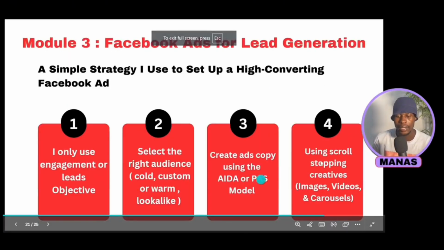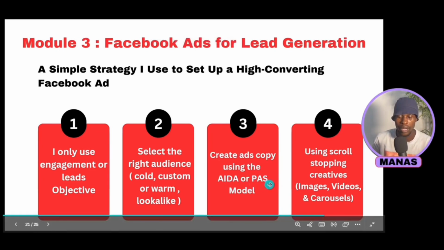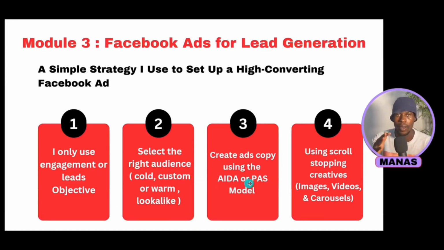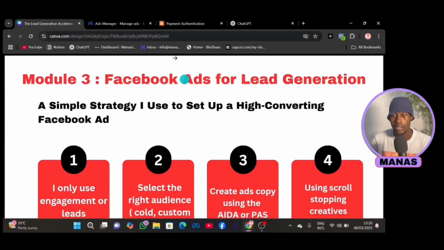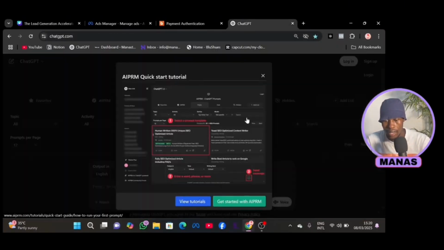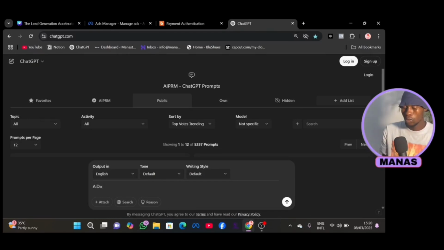If you come back here, I said I'll show you how to create an ads copy using the AIDA or PAS model. So let's use AIDA. Use any of these models. I'll just show you how to use it, so you can use any of them when you want to create an ads copy in ChatGPT. So AIDA. You can put all in capital letters or in small letters, don't mind me. AIDA. So you can tell ChatGPT,